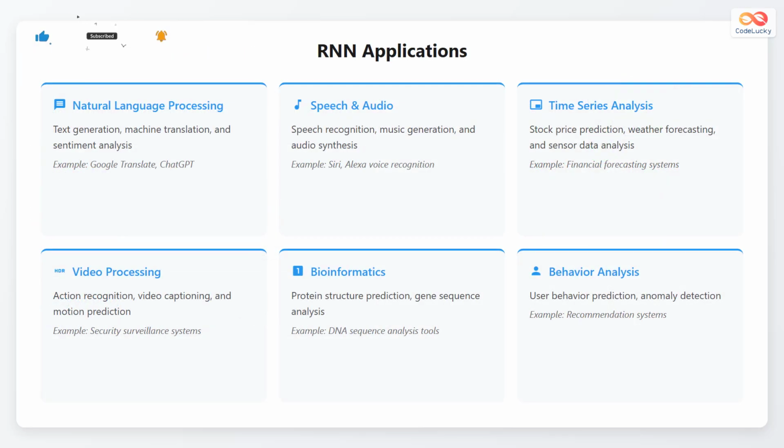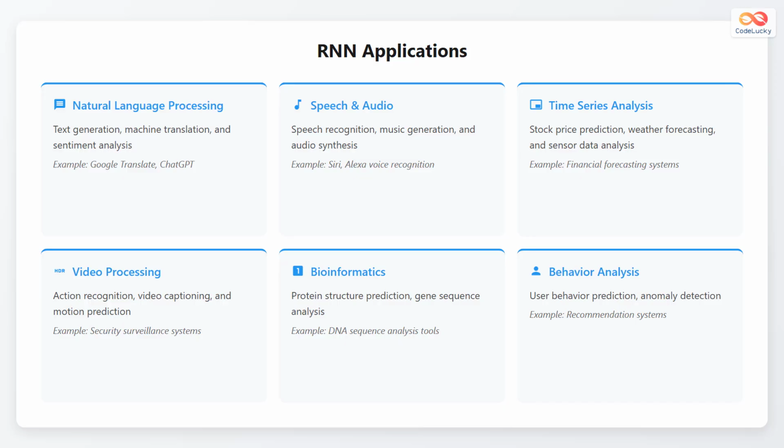Recurrent neural networks, or RNNs, have a wide array of applications across various domains. In natural language processing, they can be used for text generation, machine translation, and sentiment analysis, as seen in applications like Google Translate and ChatGPT. In speech and audio processing, RNNs enable speech recognition, music generation, and audio synthesis, exemplified by voice recognition systems like